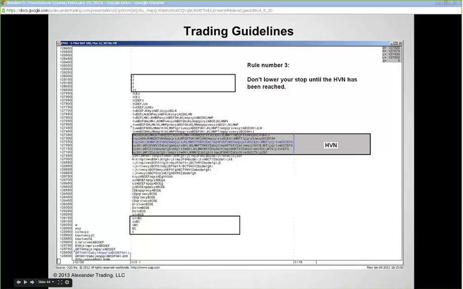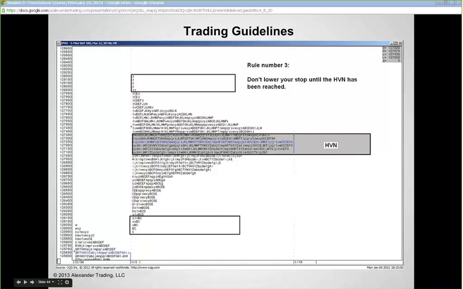You always want to, we talk about the same things over and over. You want to identify the migration of value in at least one degree of time frame greater than the one you're trading and only take trades in that direction. I emphasize it's a sound idea. This will bail you out of trouble. It will give you definition. If you are new, if you are struggling with this, I don't care how long you've been trading it, if you're struggling with this,